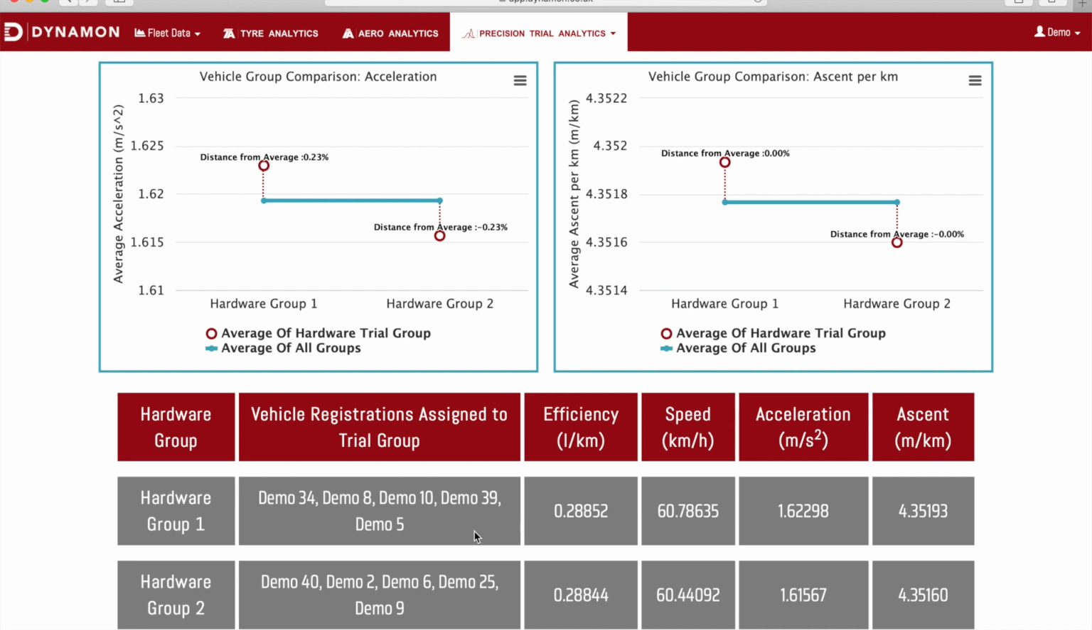So now that we know which vehicles are in our trial, we can then start the trial. We can say, right, these vehicles need to be fitted with the tyres that we've decided, and then we will run the trial for 6 months and we will monitor it. So that's how you design the perfect trial, to make sure that you've got 2 groups of vehicles that are almost identical, so that when you make a change to one of the groups, you know that you're measuring the effect of that change, such as tyres, aerodynamics, or a more